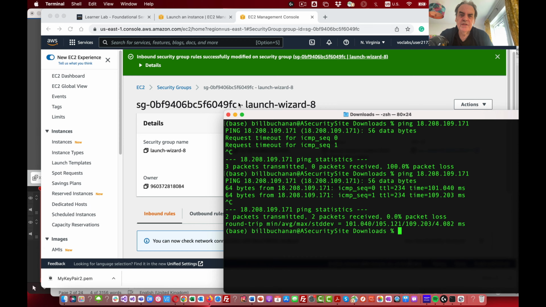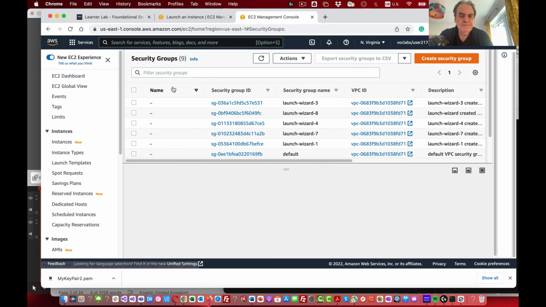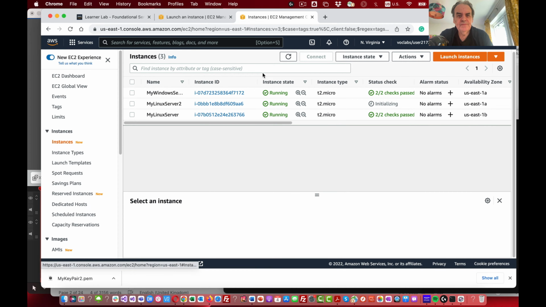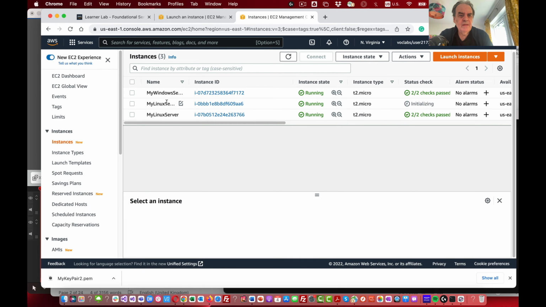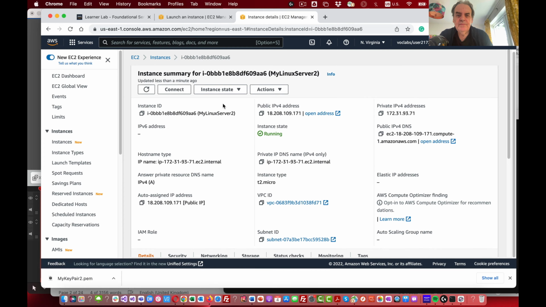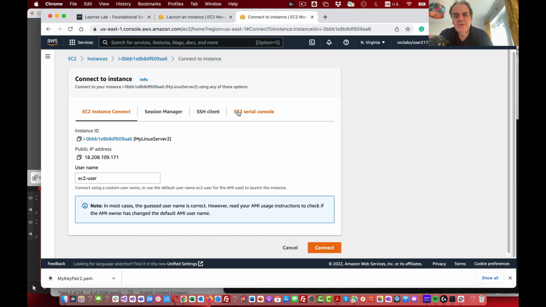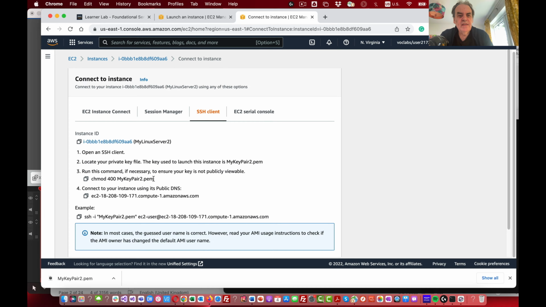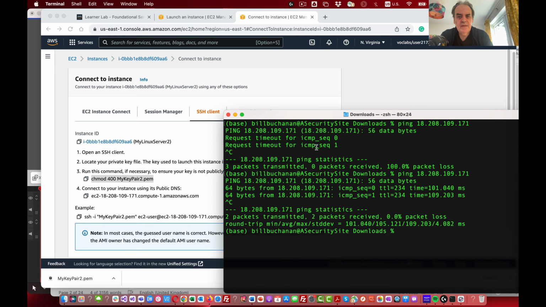Okay, so now we're going to access our instance to be able to log into it. So let's go back to our instances, and here's my new instance that I've created. So I now want to connect to it. So I'll press the connect here, and there are a number of ways that we can connect to our instance. We're going to go for the SSH client initially, and for this we need to use our private key that we've created. So the first thing that I'm going to do is change mod for